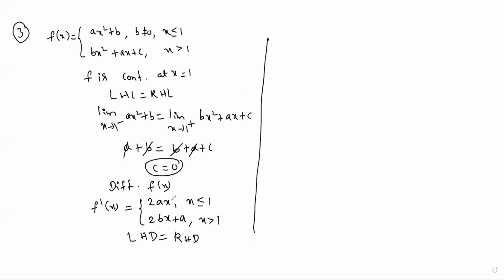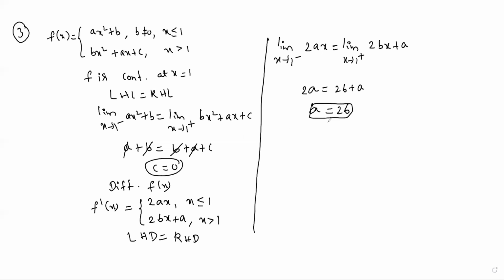Left hand derivative: at the left hand side, what values are there? That is limit x tends to 1 minus. At x less than 1, the derivative value is what? 2ax. On the right hand side, limit x tends to 1 plus. What is the function present? 2bx plus a. Substitute the x value, sorry, 1. 2a into 1, 2a. 2b into 1, 2b plus a. Now the a value on this side, what will we get? 2a minus a is equal to 2b. Here finally, what conclusion can we give? c is equal to 0 and a is equal to 2b. Therefore, option A is the correct one.